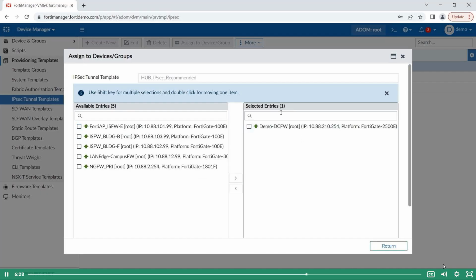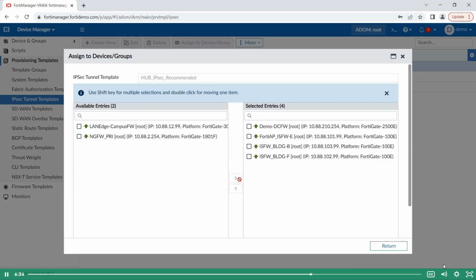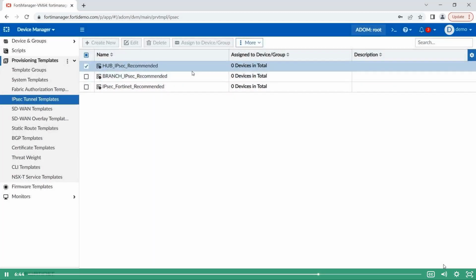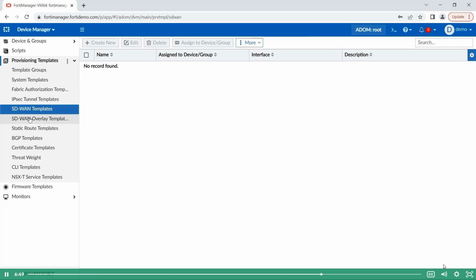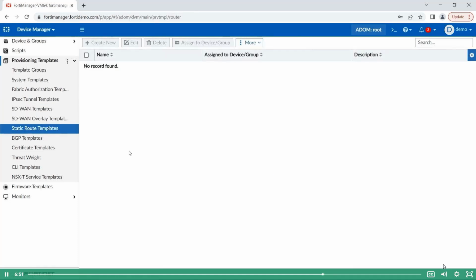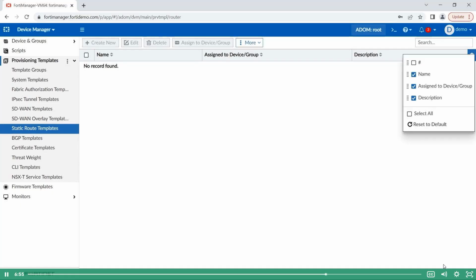Now that template is going to be applied to this particular device. And we could do this to multiple devices. And this would apply whatever is configured in that IPsec tunnel. And that's the power of what you're doing here with the template. We've created one template and we've said, this is what we want to do, and added it to these devices. And this is the same all the way through SD-WAN, SD-WAN overlay, static routes. So your static route template here,